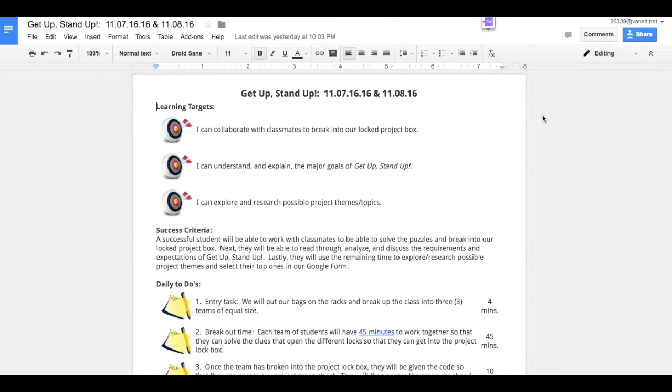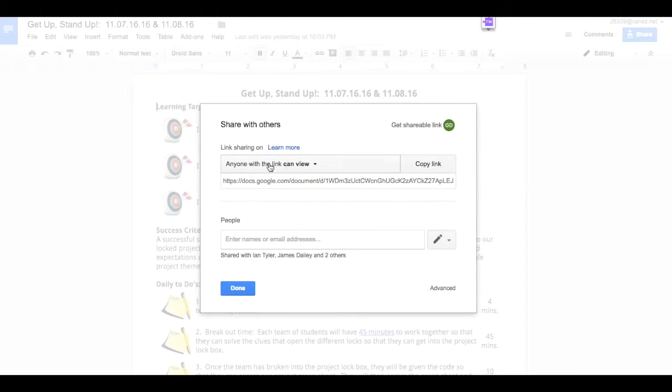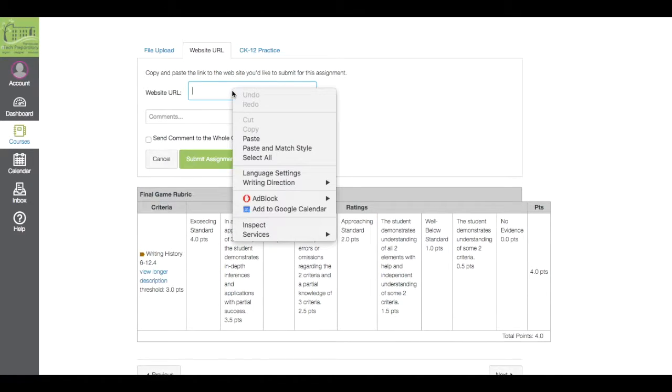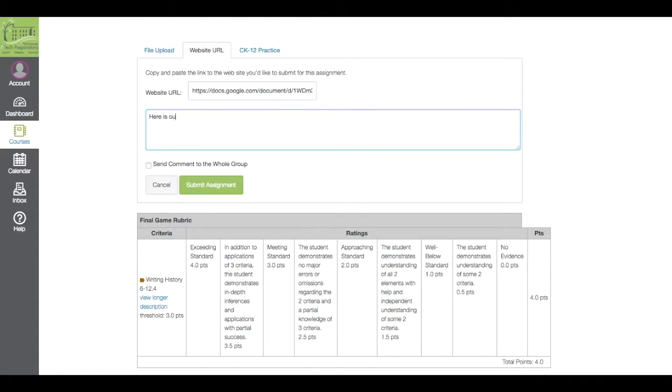So we're going to go over to our Google Doc, click the Share button, and get the link so that anyone can view. You can also share the document with your teacher to make sure that they can absolutely view the document. Once the link is copied, we're going to go back to Canvas and hit website URL, paste in our link, and then we hit submit assignment,